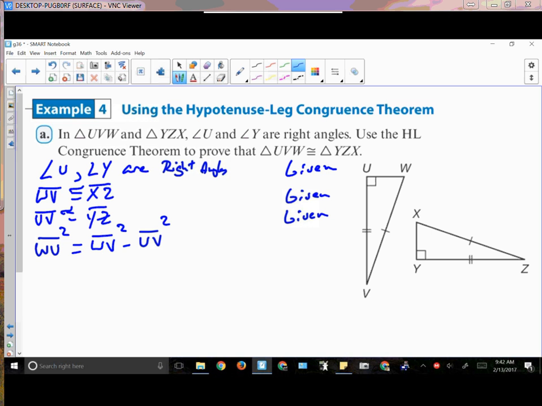Remember, if I were to set this as A, this would be B, and that would be C. So A squared plus B squared is equal to C squared, correct? Yes? This would be A, this would be B, and that would be C. So, like I said, I simplified things a little bit. I took the hypotenuse, subtracted one of the legs, compressed this a little bit. So by the Pythagorean theorem,